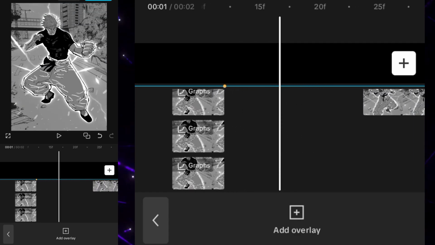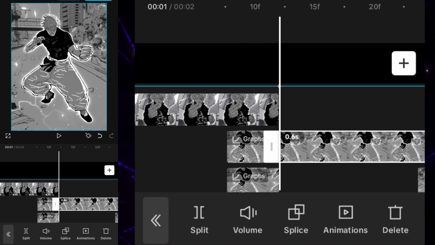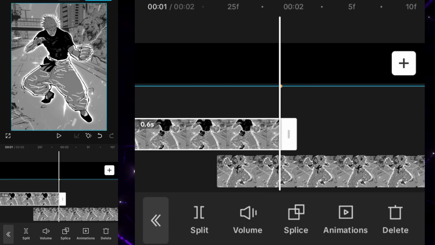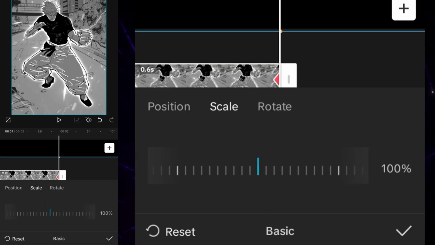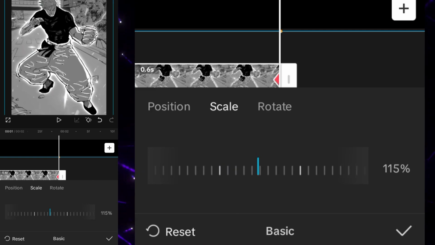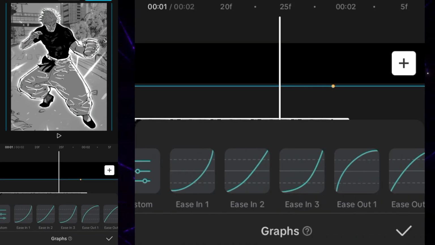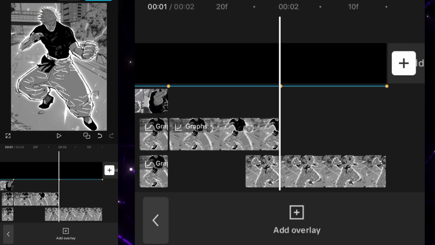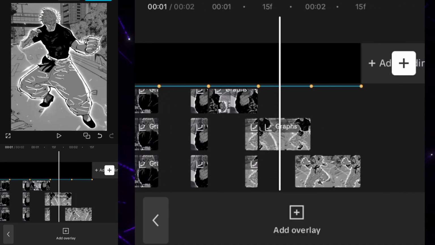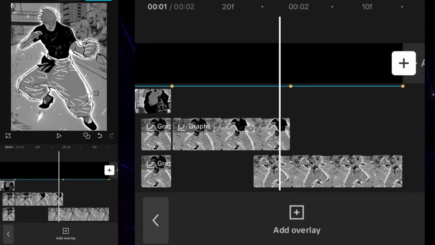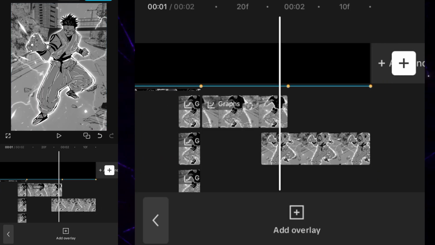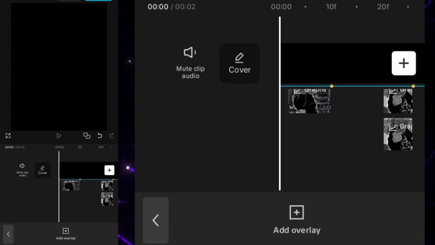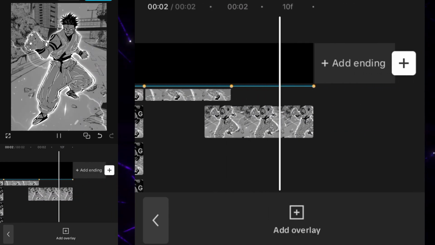Then we will come to the main video, which will be this one. Add a keyframe at the starting, add a keyframe at the ending, go to the basic, and at the basic, set the scale up to 115. Then add a graph, which will be ease out 2. Now you can see we have done 3 types of split transitions. You can also reuse them in the inverse way depending on you. Now for the last one,